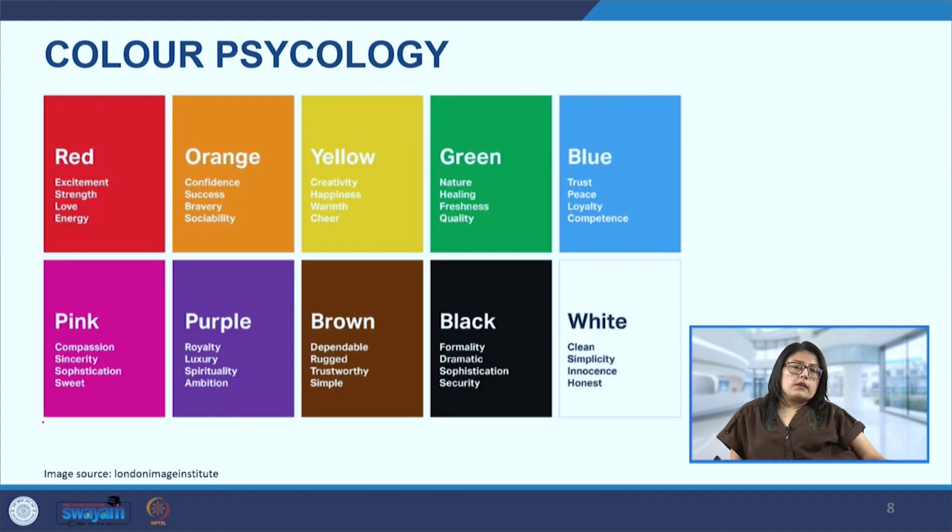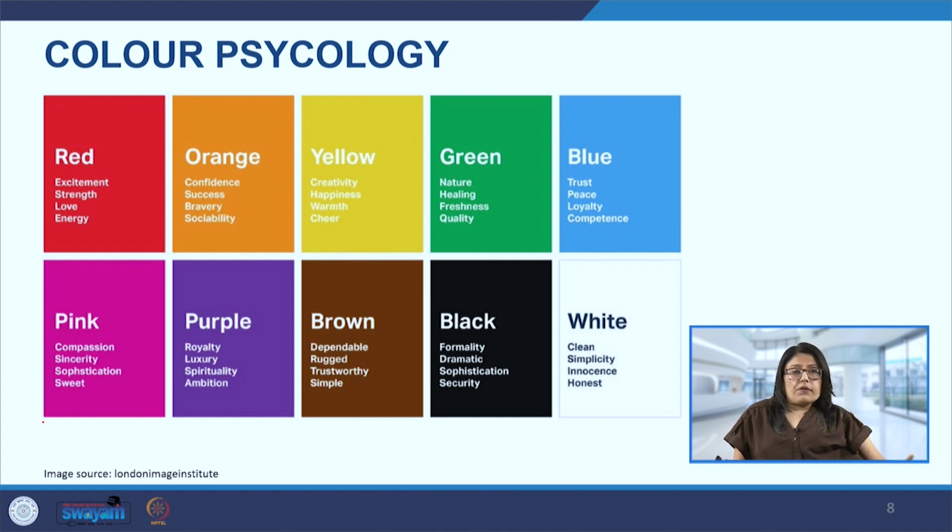These colors, like I mentioned, warm colors and cool colors, also generate emotion. Colors are really significant when it comes to communicating a feeling, because before someone even reads what is on the website, the color communicates the feeling that the developers want to be generated from that particular website. So color becomes a very important medium for communication, and we can see here how some of the colors on the screen are communicating certain aspects, certain emotions.